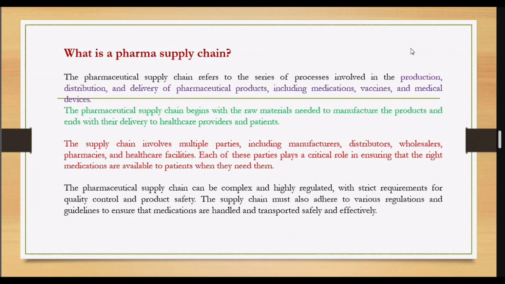Coming to the pharmaceutical supply chain, it is the same concept: production, including medications, vaccines, and devices. Any supply chain starts with the raw material and manufacturing, then products, and delivery to the healthcare providers, and by the healthcare providers to patients, you can say. That's why the supply chain is multiple networks. Suppliers have a supplier network, manufacturing units, one unit or multiple units, and a distribution network. Like that, all networks; it is an integration of networks.